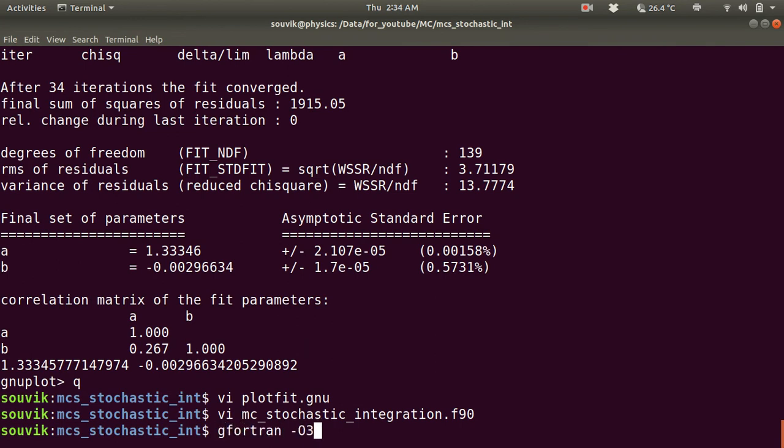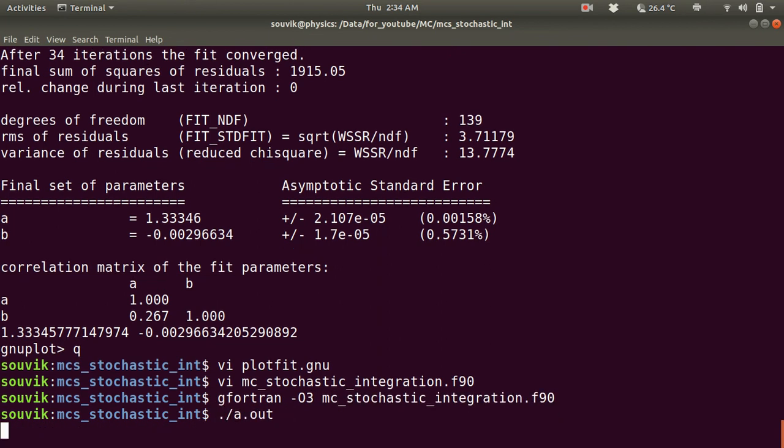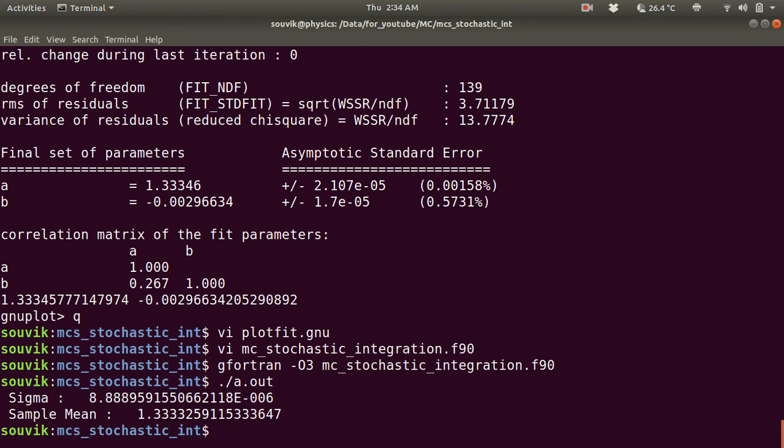Input run minus 03 mc underscore this, and then this. Okay, so far so good. So this is the square value, basically 0.00888 something, and the sample mean is 1.33. Now if you run the histogram.f90,